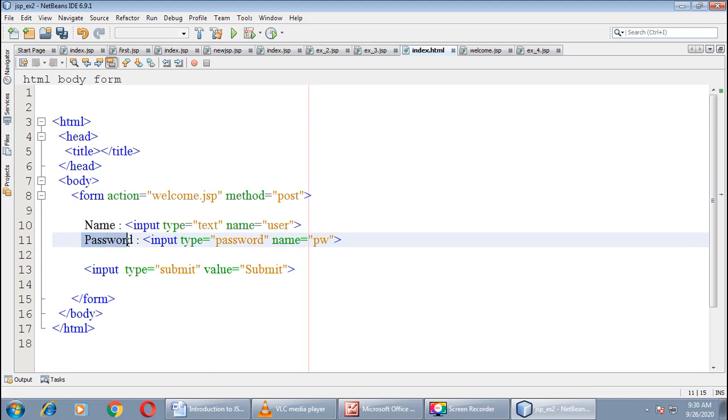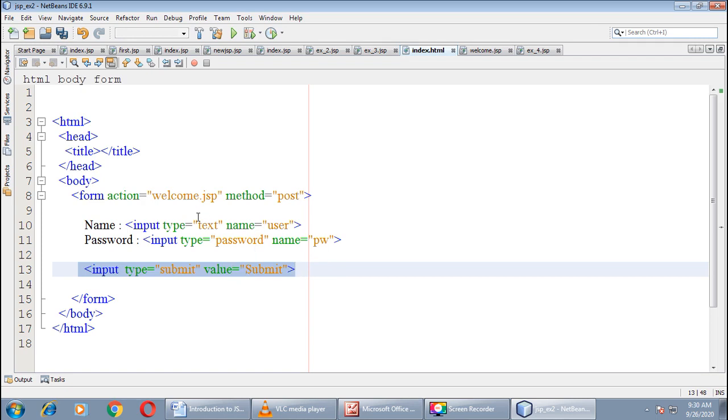Then the second text box I have provided for entering a password, okay, again from the browser machine. And the name of this password box is pw, and the name of this user's name box is user. Then I have provided one submit button for clicking and submitting this page.